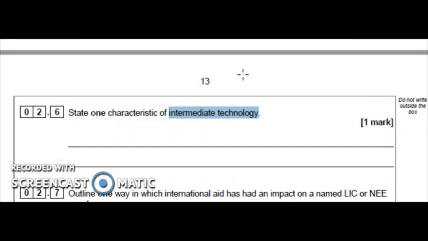But the key characteristic of the intermediate technology is it is something that people know how to use, or will be able to use it with little or no training. It is cheap, so it can be bought in numbers, and also perhaps the idea is that it will involve the local community, so they'll all come together and help maintain it so it lasts a long time. So all these different things are a characteristic of intermediate technology.